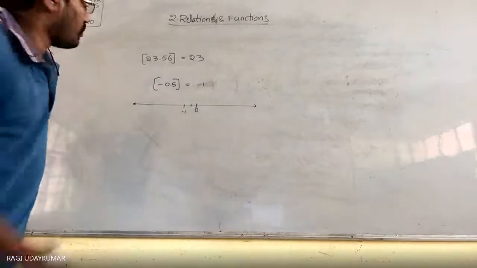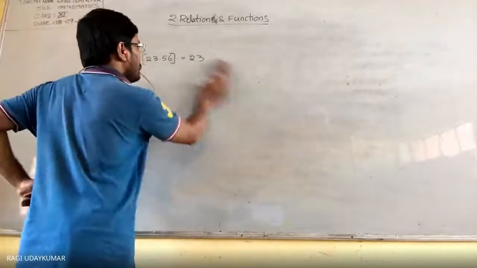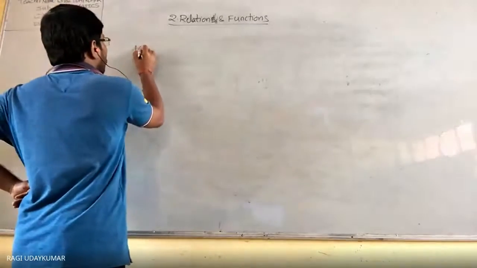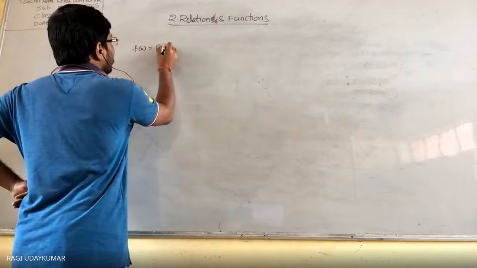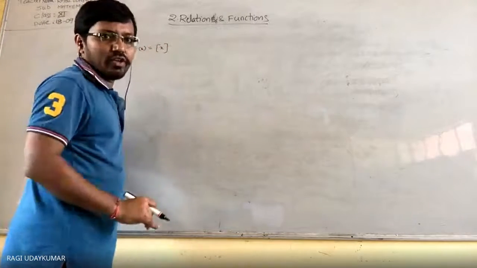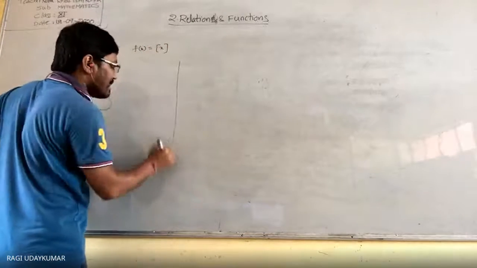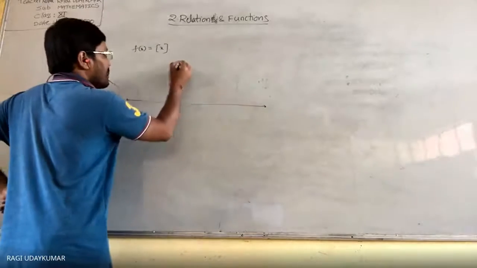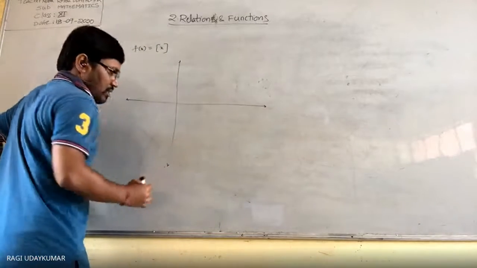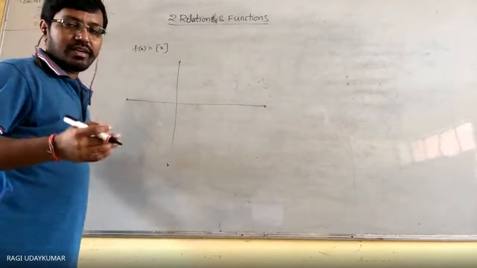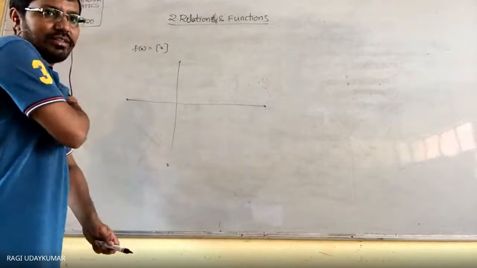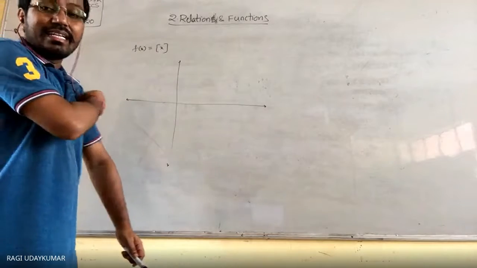Okay, so now the graph of the greatest integer function. The function will be written in the brackets. F of x is equal to this in the brackets. Whenever you observe the graph, the result is always an integer. Means it's a range. What is the range of the greatest integer function? A question can be asked.